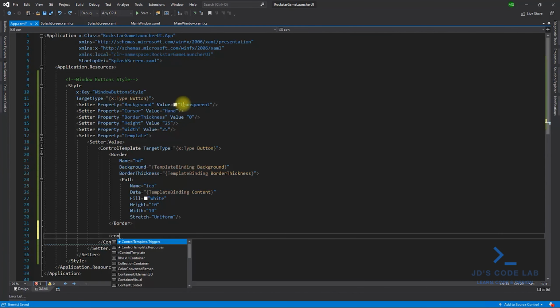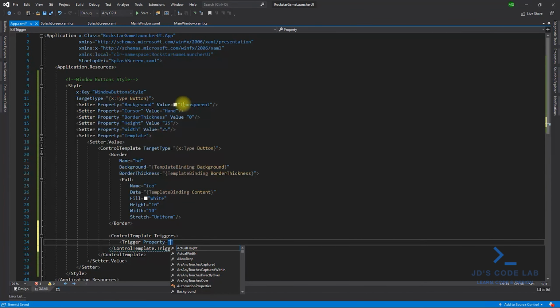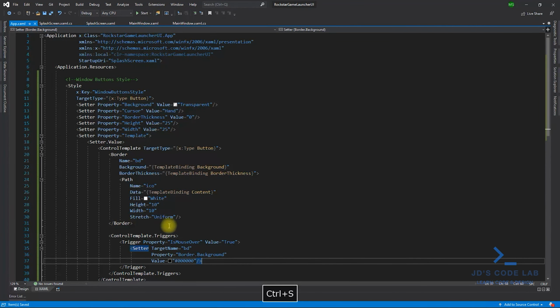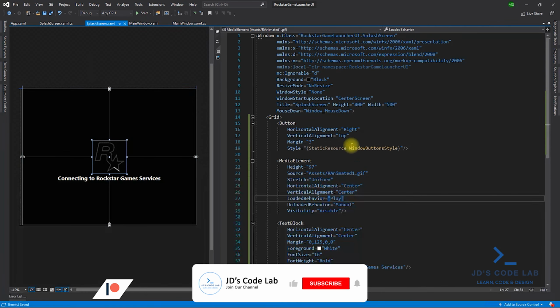So our window button style is nearly ready and all that remains is the trigger. So let's define the trigger for our control. We will set a trigger on is mouse over property and set the background color to desired value. Now let's apply this style to our close button. As we are done with styling,